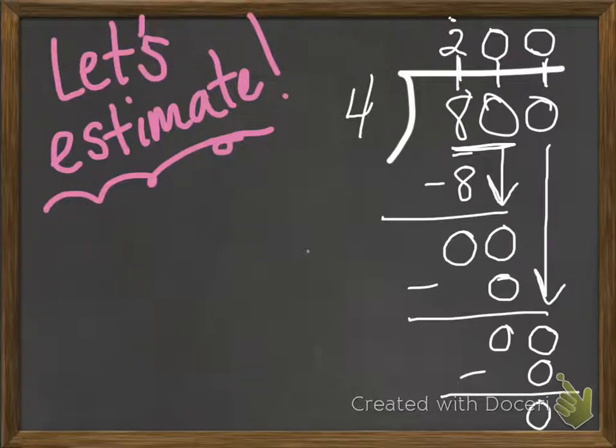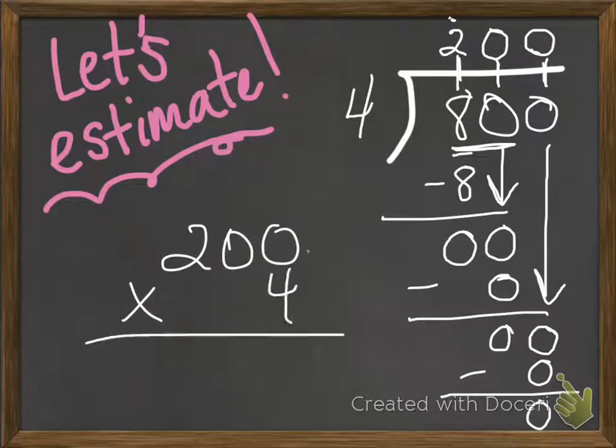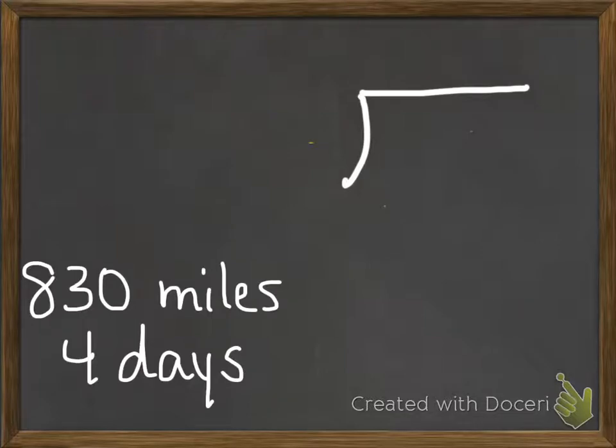800 times 4, or I'm sorry, not 800, that doesn't make sense. 200 times 4. Let's see if it equals 800. 4 times 0 is 0. 4 times 0 again is 0. 4 times 2 is 8. So 800. All right. So now that we've done that, let's go ahead and put our actual number in there,